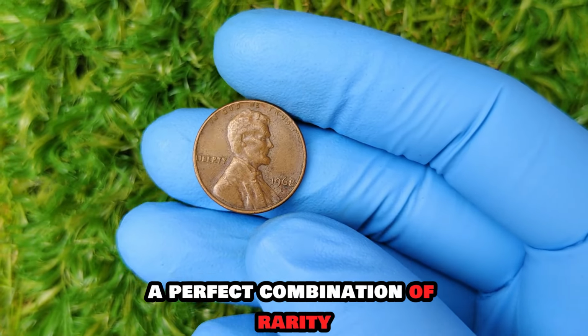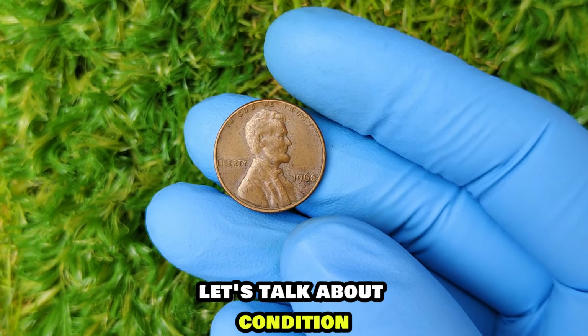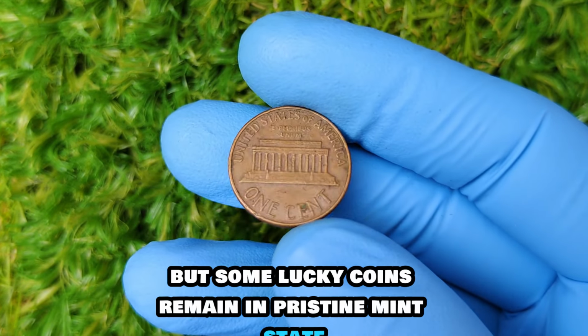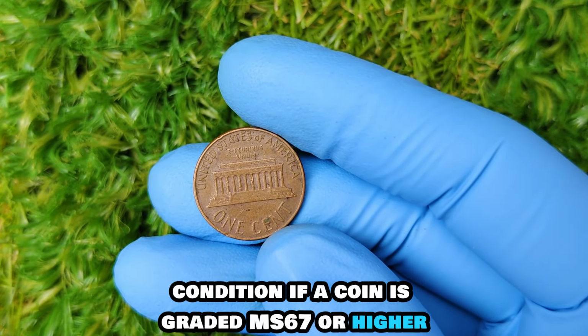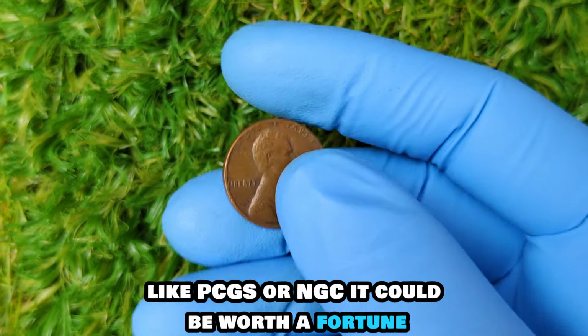A perfect combination of rarity, condition, and demand. First off, let's talk about condition. Most coins in circulation have been worn down by time and use. But some lucky coins remain in pristine, mint state condition. If a coin is graded MS67 or higher by a professional grading service, like PCGS or NGC, it could be